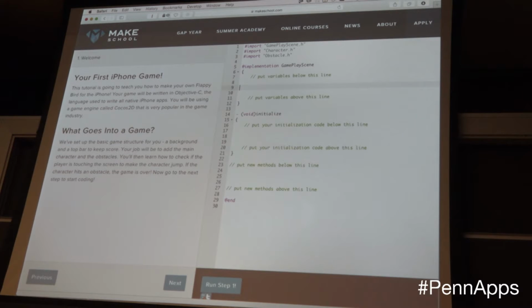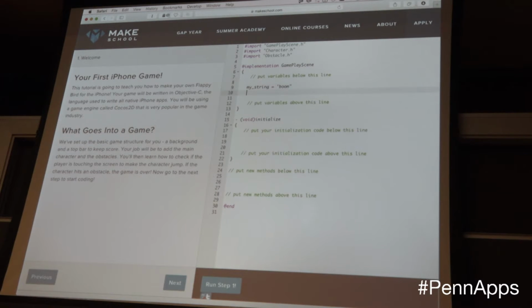So you'll actually see things like, in Python, for example, if you just wanted to have a string, you would say my string, and boom, you have a string. But Objective-C is a typed language, so you would actually define your string.